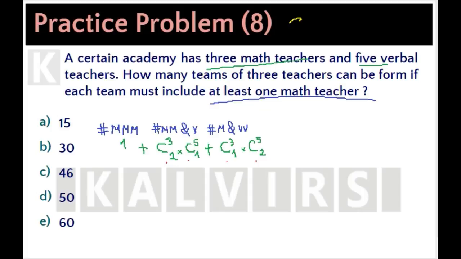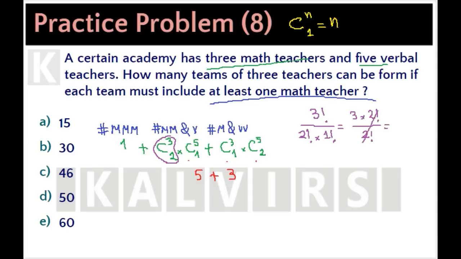So do not forget that combinations of n objects, we're choosing one of them, equals n. So this is 5 and this is 3. Now we're going to calculate this one right here: 3 factorial over 2 factorial times 3 minus 2 factorial, which is 1 factorial, and finally we get 3 times 2 factorial over 2 factorial. We can cancel this once, and finally we get 3. So this is 3 times 5, and